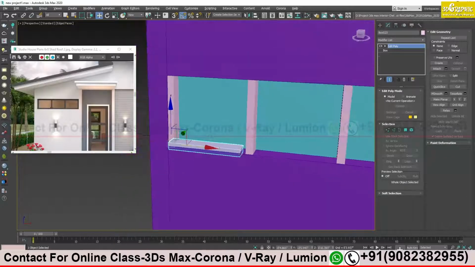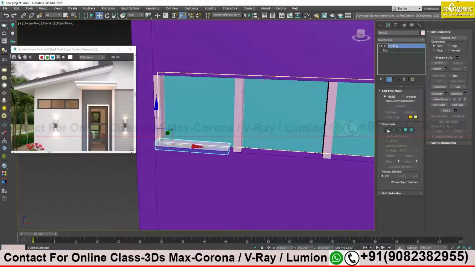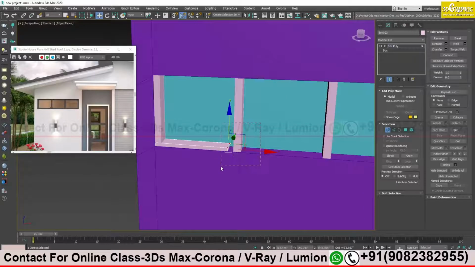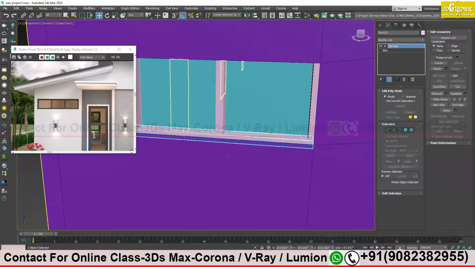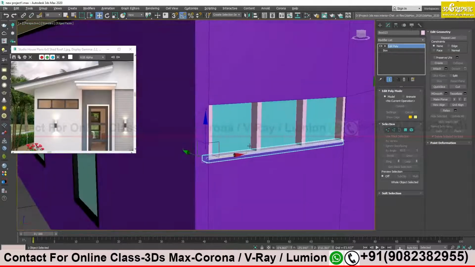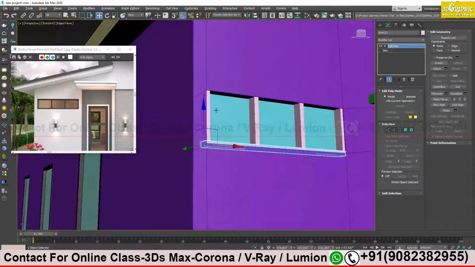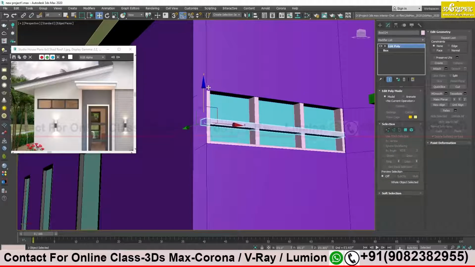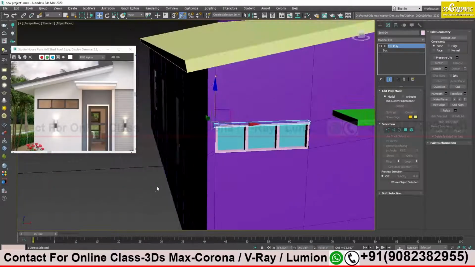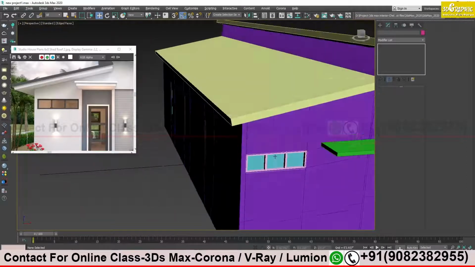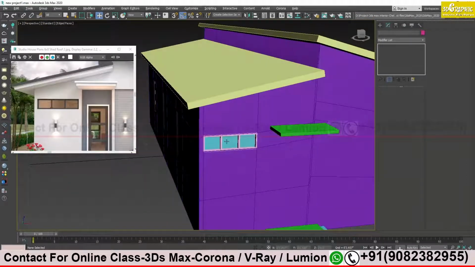Now height is a little less, so I will go to vertices. Click and drag to select all the vertices and just drag to increase the length. You can say this much. Okay, done. Again for that, copy. I just have to copy it with the help of the shift key and I am done. Simple. Yes. Try to do this. Okay. Now your turn. I just save my file.